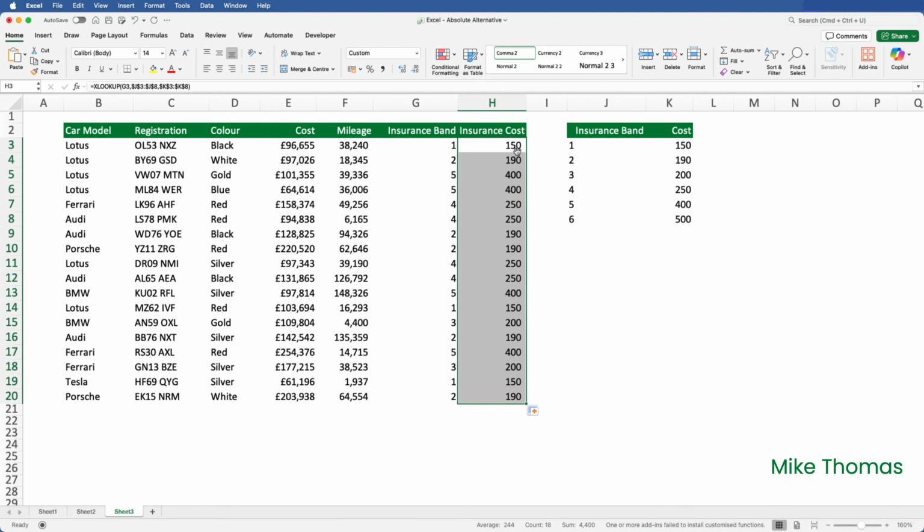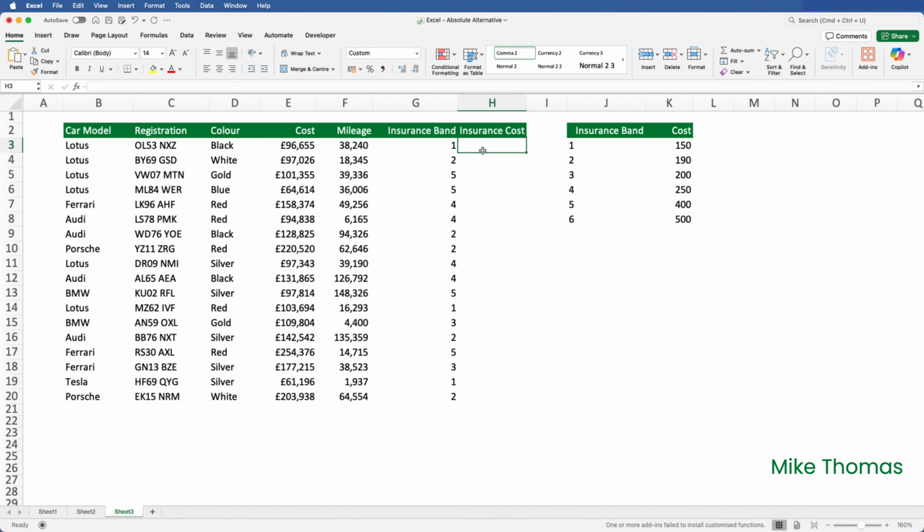And the reason that I made column J and column K absolute is so that when I copied these formulas down, they all referenced column G on that row, but they all referenced that range and that range in columns J and K. So there's an alternative way of doing that if I delete those formulas, and that is to